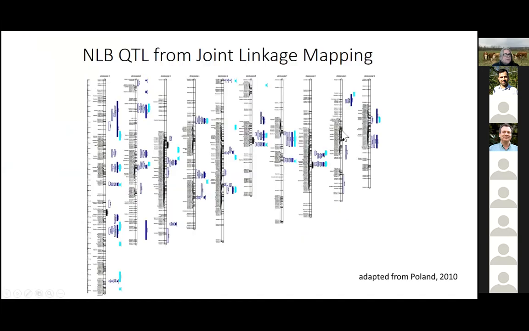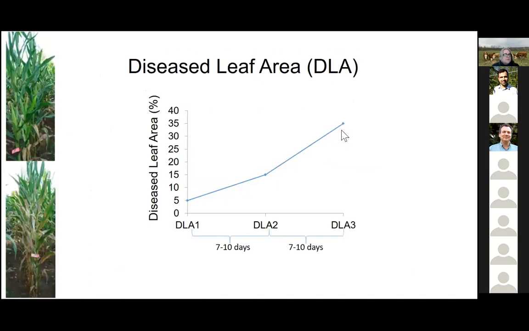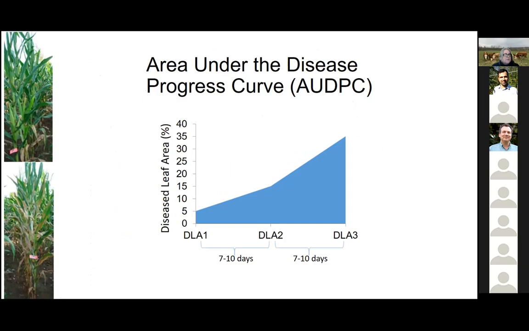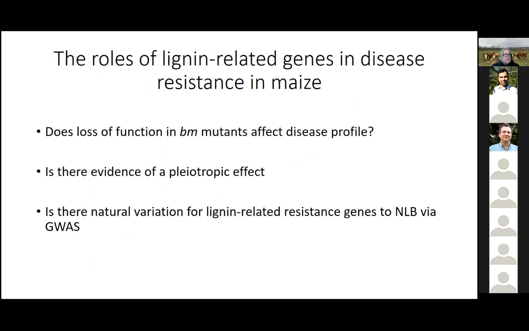I'm going to throw around a few terms throughout this. One is disease leaf area. Just to warn you guys, I score in the field 3 times for these experiments. I scored 3 times in the fall, disease leaf area 1, 2, and 3, about 7 to 10 days apart. And from those, I look at the row and give the entire row a disease leaf area measurement, okay? And then from that, I create an area under disease progress curve, and I divide that by the number of days to make it even. So I have an AUDPC per day kind of measurement.